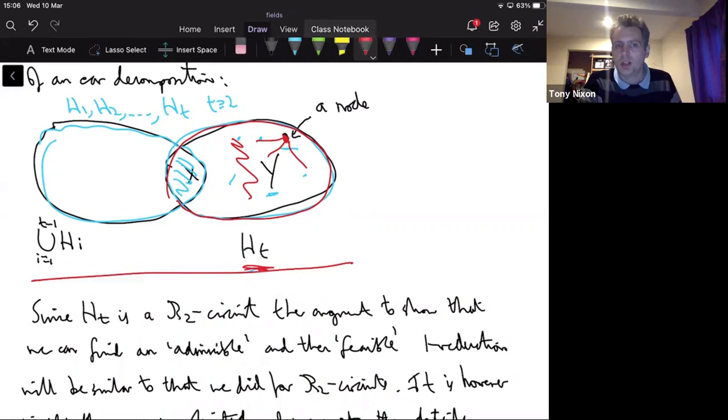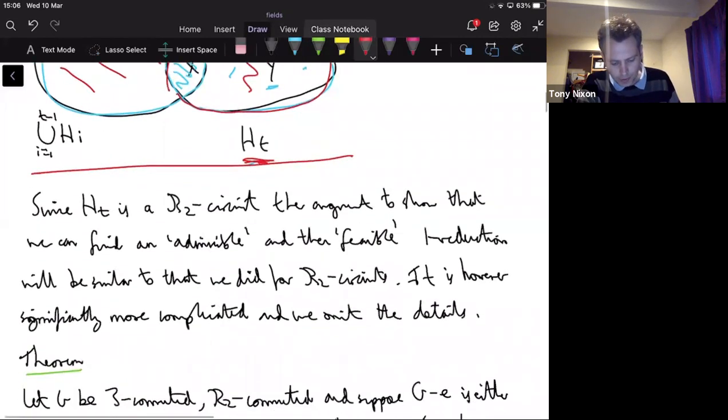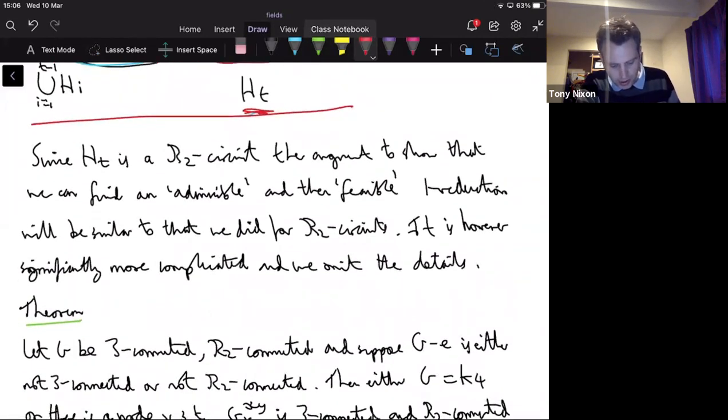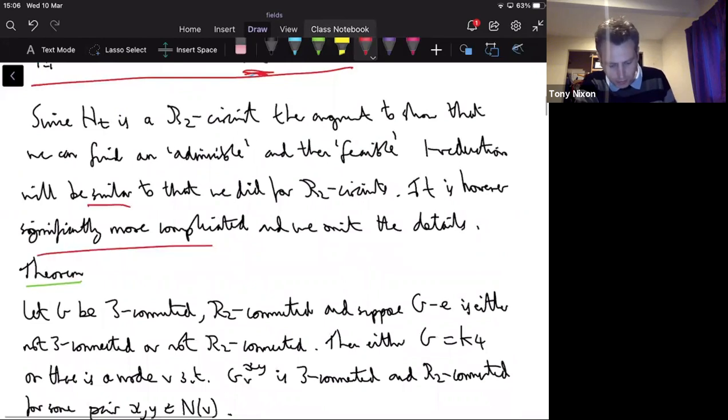So we don't introduce any problem that ruins the properties we had for the previous ears in the decomposition as we go. This is not at all obvious if you start trying to prove it, and the theorem that Jackson and Jordan did to prove this takes a lot of effort and it's very intricate, but I don't want to go into the details. I just want you to believe that it can be done using similar techniques to what we did for circuits. Okay, so that's what I say here, that it's similar but significantly more complicated,